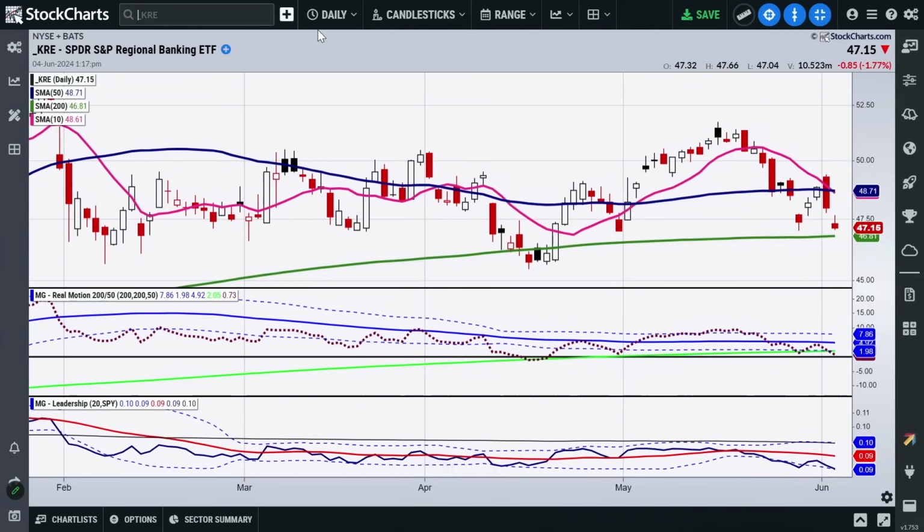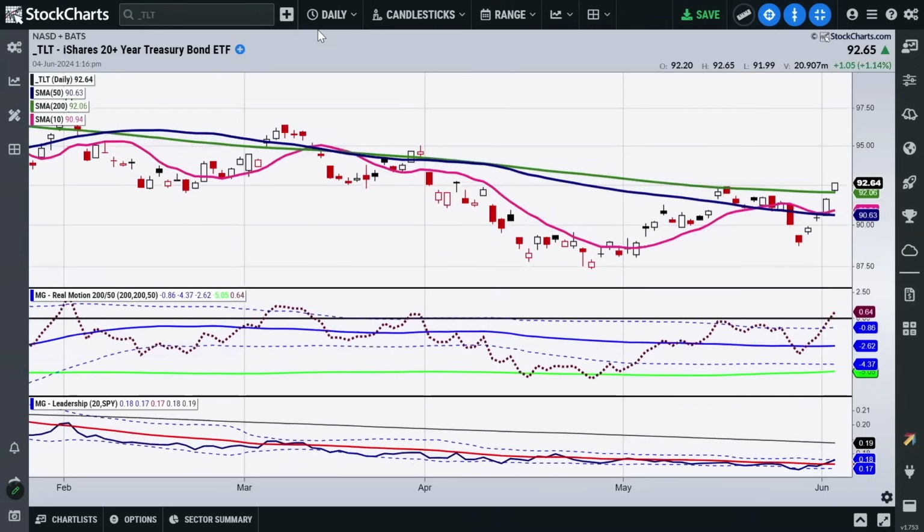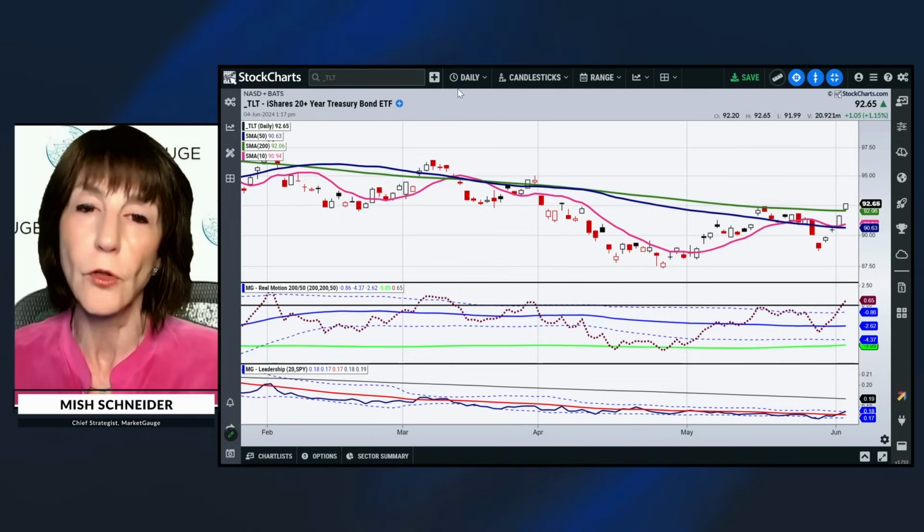So now I think it's really important to talk about the TLTs, because this has been really lagging, and in fact, peaked in December of 2021 as the Fed got way more aggressive with the interest rates throughout 2022 to fight inflation. And now, even though we have PCE numbers that showed somewhat of a softening of inflation, as we know, there are many factors involved with inflation that kind of put it into a square peg, round hole type situation. You have aspects of inflation that have really cooled off, particularly oil. And yet the precious metals are still relatively high, even though they've corrected.